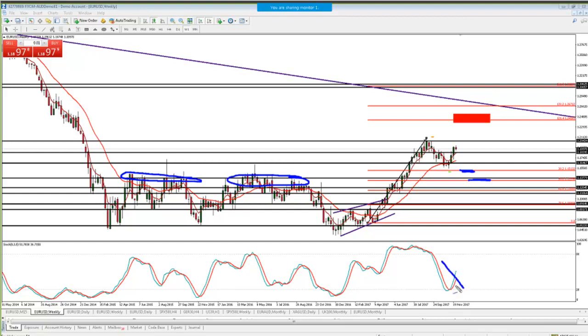And arguably these stochastics are still down. I know that there's been a little turn up, but to me, I actually like looking at stochastics almost in retrospect, meaning that if they were like this, I would say yes, those are up. But just turning up at the bottom, I don't consider those up. I actually consider these still down. So the monthly I have is still up, but the weekly, I consider them still down.